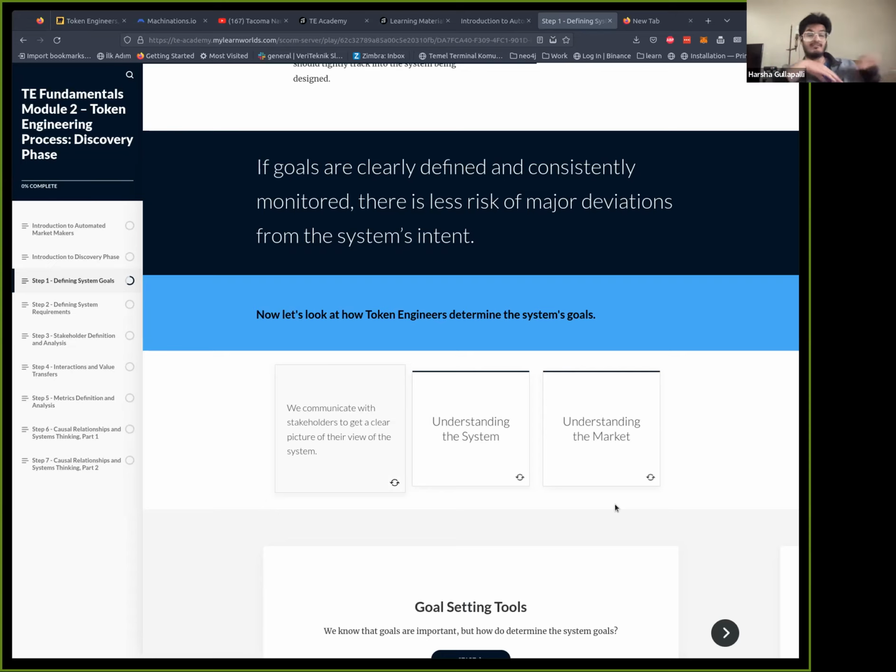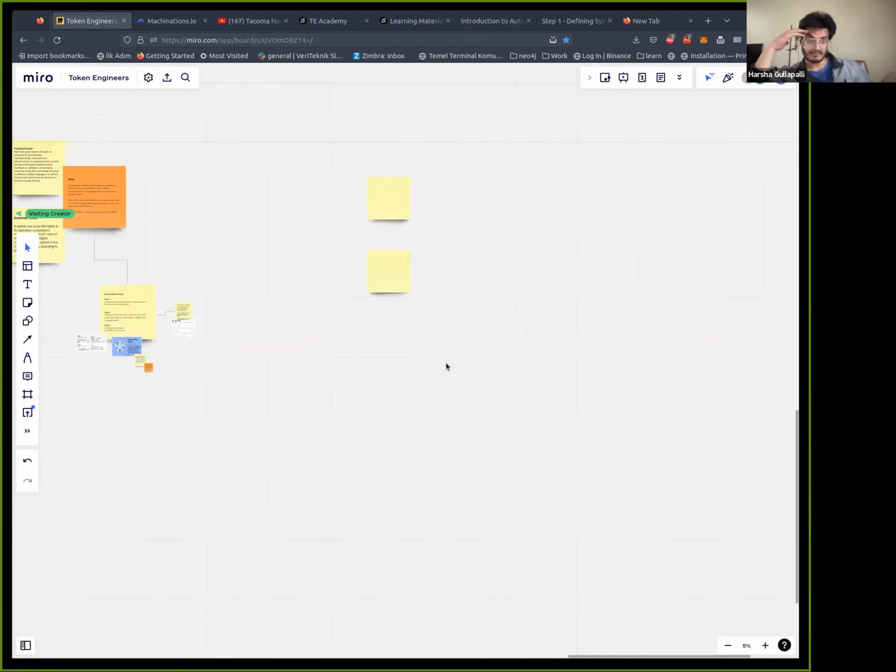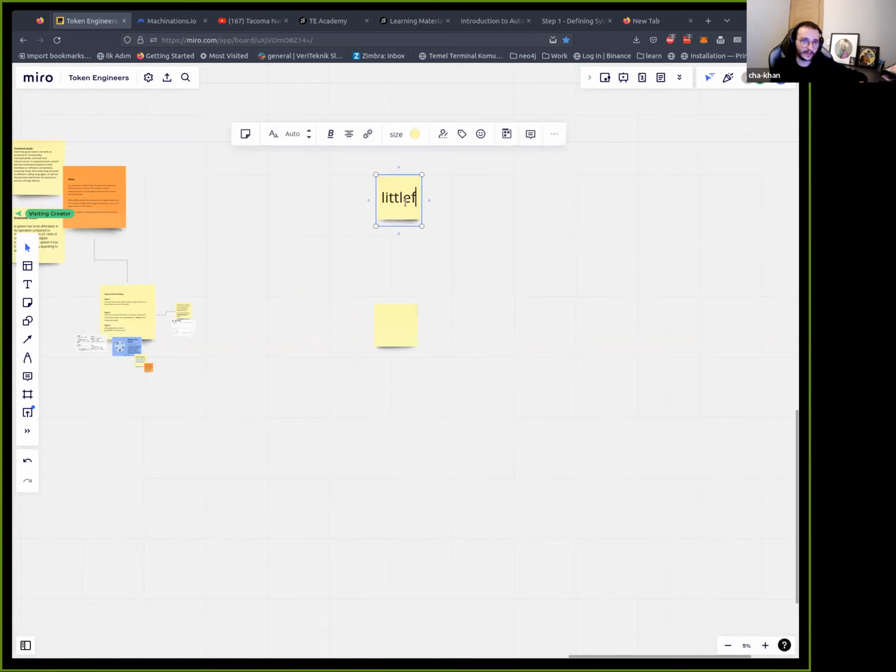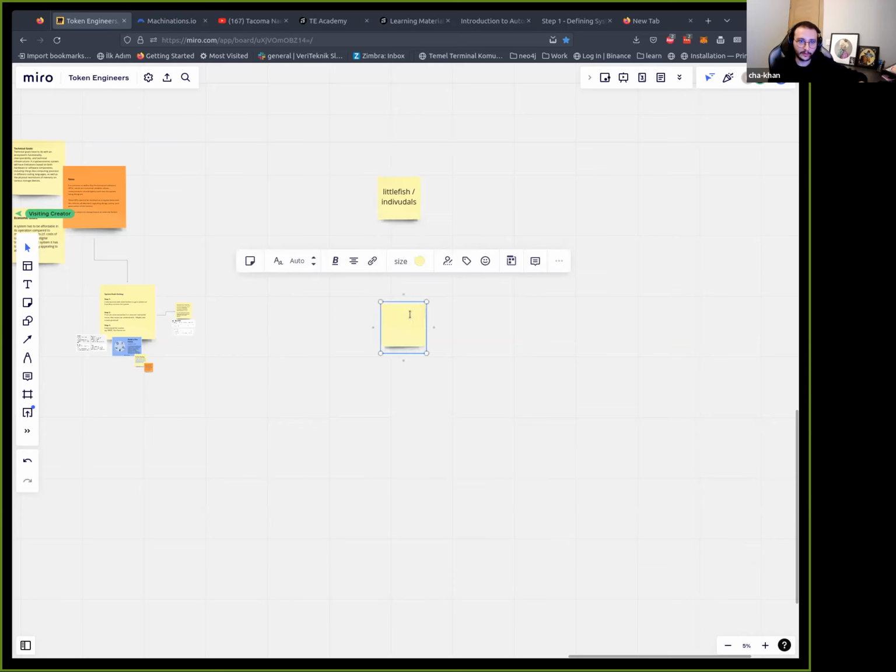Are we talking about littlefish as a whole? Is that a system, or are there specific aspects in littlefish that we need to consider? That has to do with the AMM. Let's think about littlefish as simply as possible, right? We have littlefish, which are individuals who are part of the system. We have, I'm going to call them organizations, but you may be familiar with the concept of colony as well,